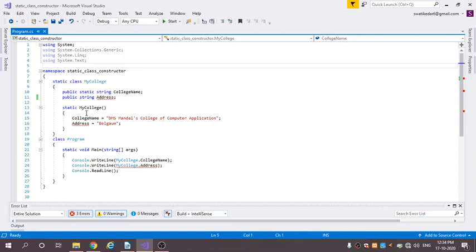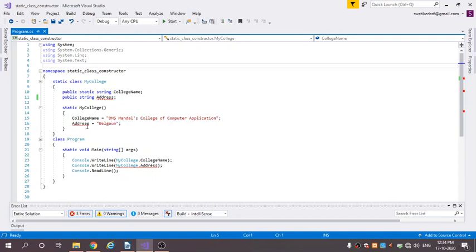After that we have created the static constructor, static MyCollege. Inside the static constructor we have initialized collegeName with the string DMS Mandal College of Computer Application.